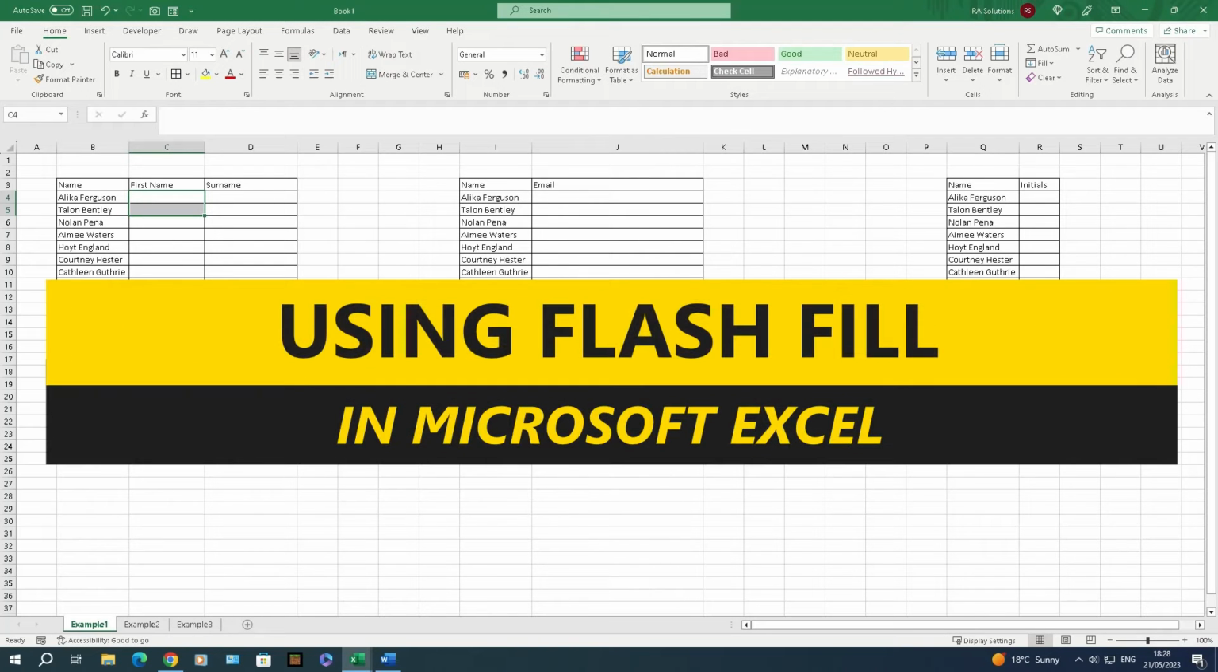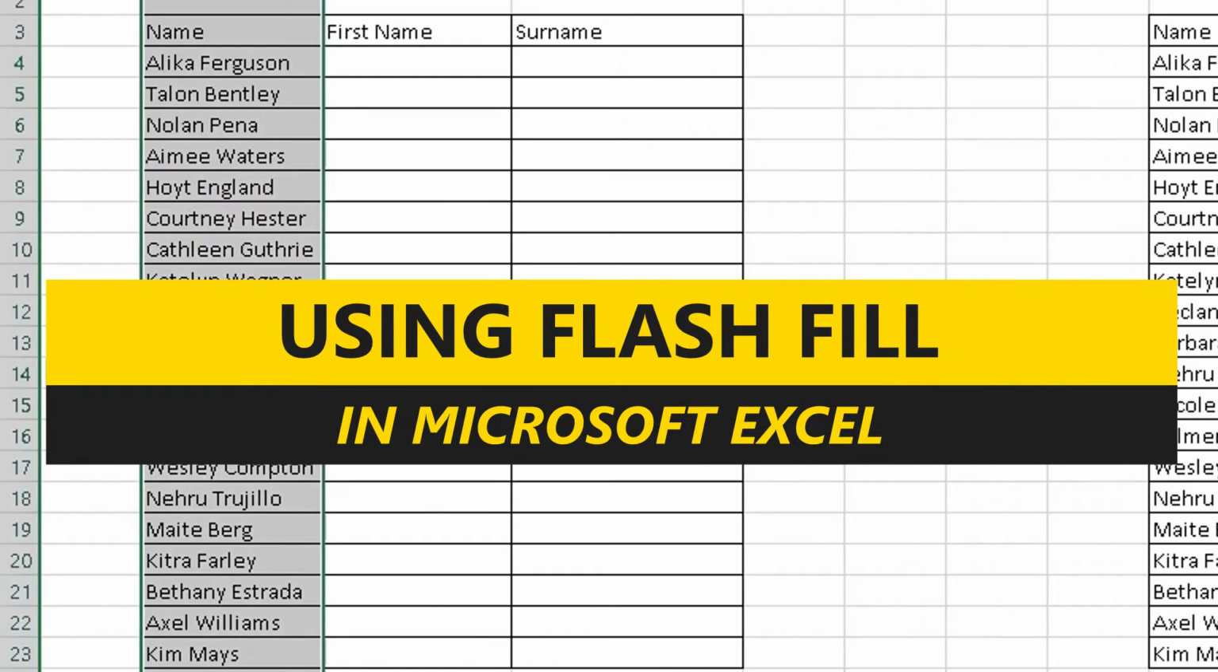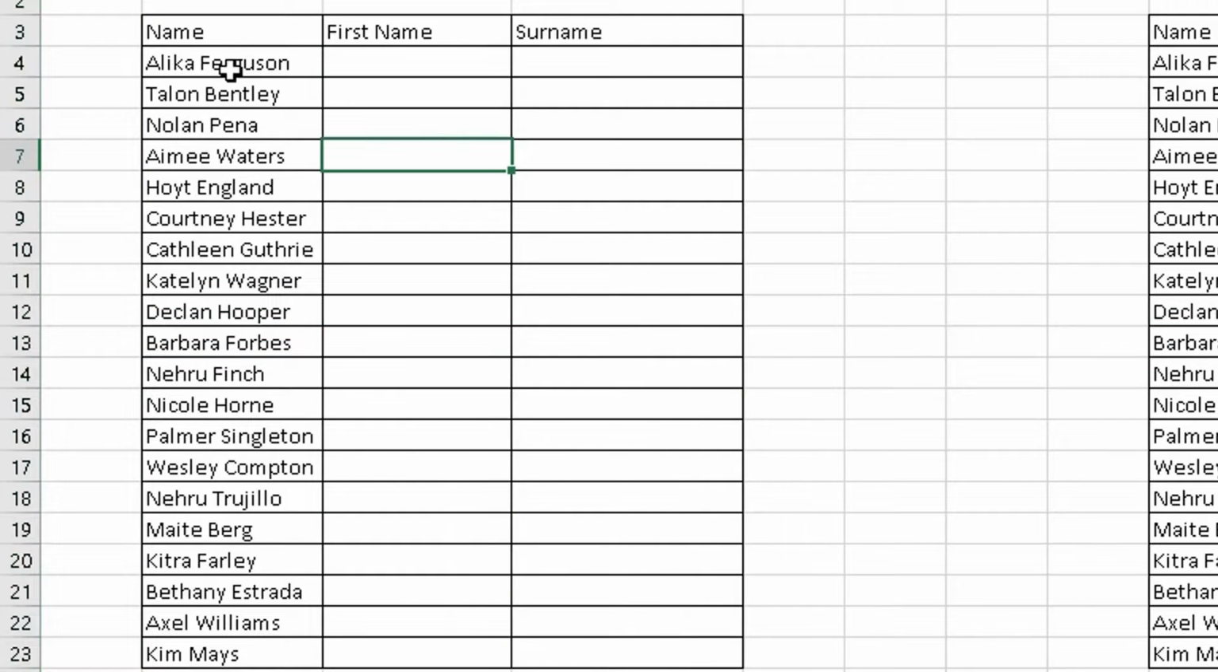One of my subscribers asked me how to use flash fill in Microsoft Excel, and I'm going to show you exactly how to use it in this video with these three examples here. So in the first example, this first table from column B to D, I'm going to extract the full name, put the first name in here and the surname in here from the data here, but do it very quickly using